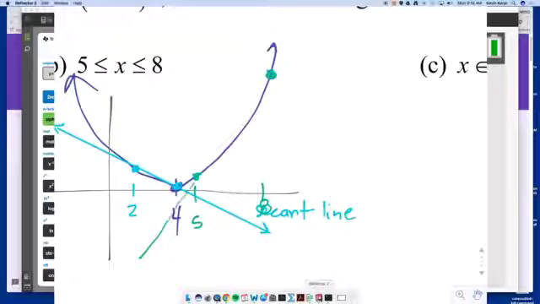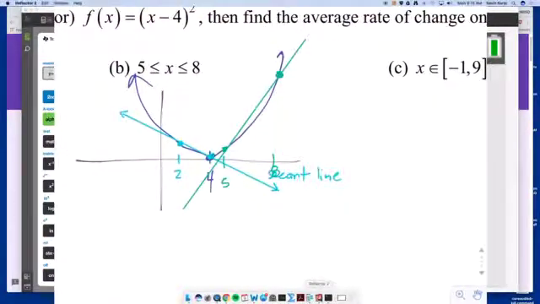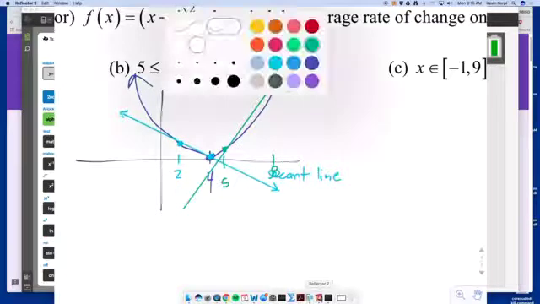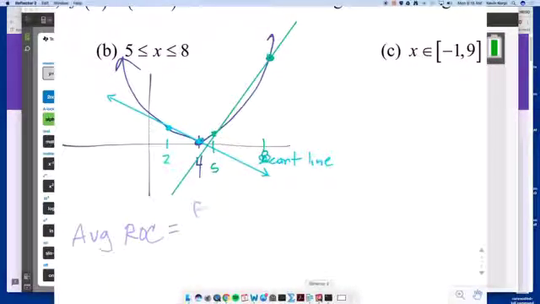And so this secant line is going to be positive, and it should be a little bit steeper than the one that we just saw that was negative. So I want the slope of that secant line, which is also the average rate of change. So what are we going to show first? We're going to write average, AVG is fine, rate of change, ROC. You want to get in the habit of labeling your quantities. And the first thing I want you to show is this, f of 8 minus f of 5 all over